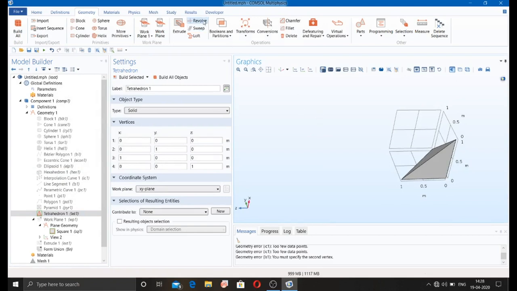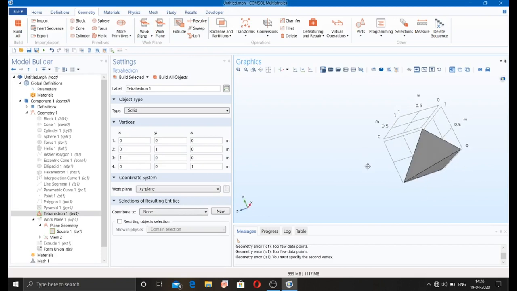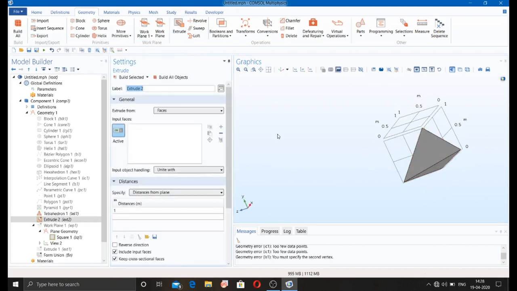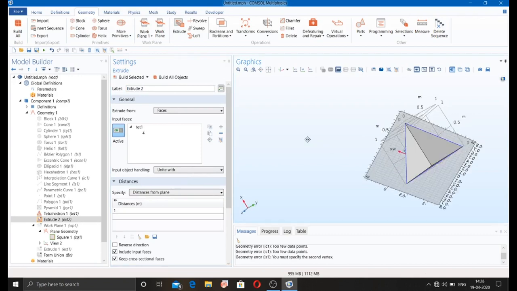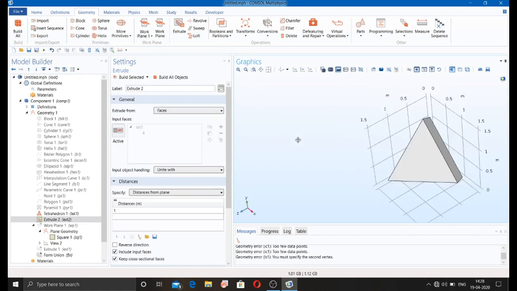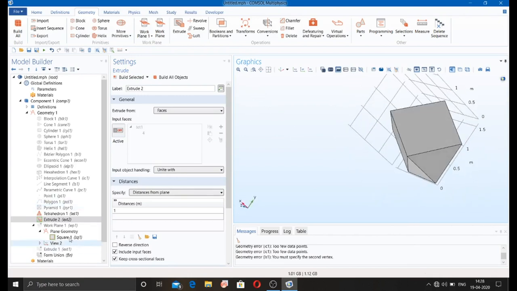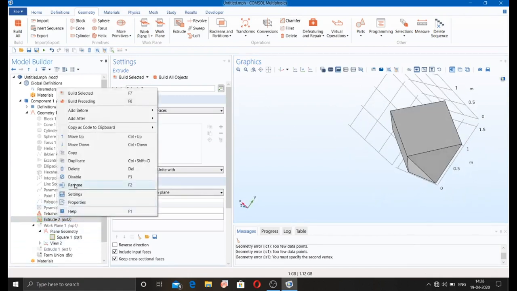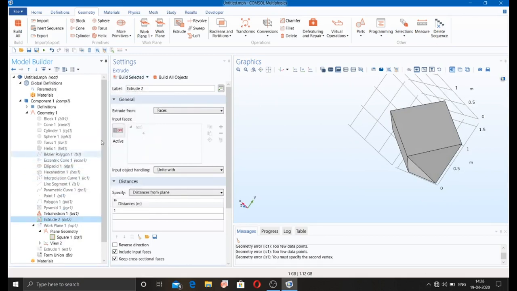Now going to revolve. I extruded it. You can also extrude it: you just select and then select this face, and you can see that it is extruded. You can also revolve it.